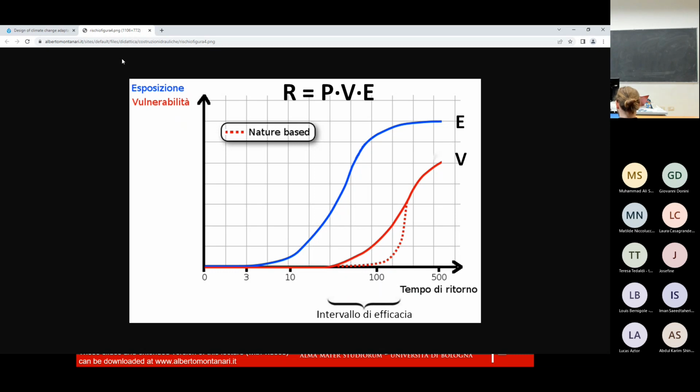The structural interventions usually are sized for events of higher intensity. Nature-based solutions usually are effective with low intensity events. Nature-based solutions are like green roofs, increasing vegetation, etc. They are effective with low intensity events, but when the intensity of the event increases, they become less effective. And of course, once again, the pattern depends on the specific case study, but you can see the difference, which